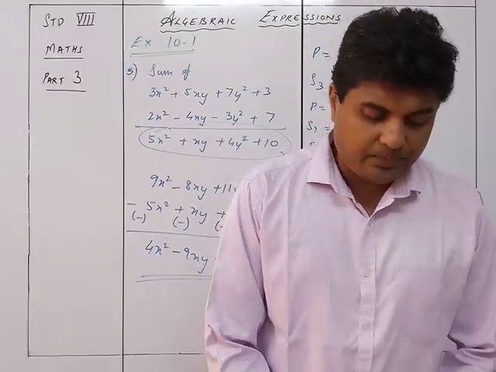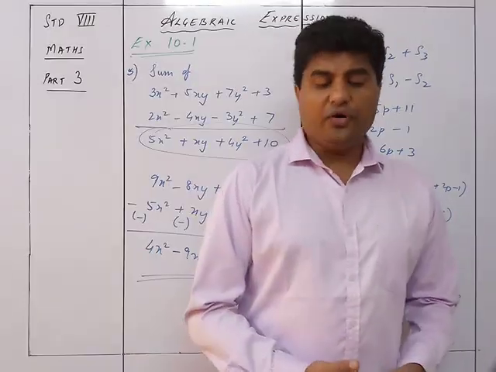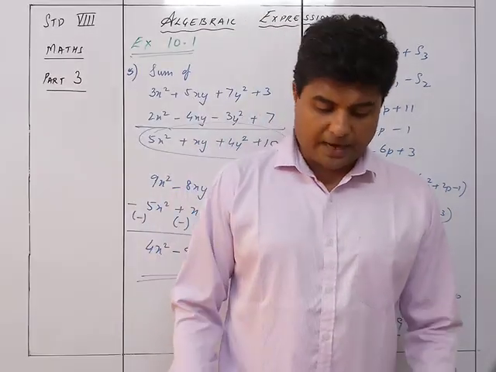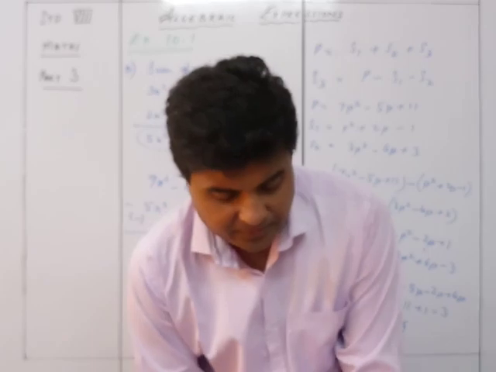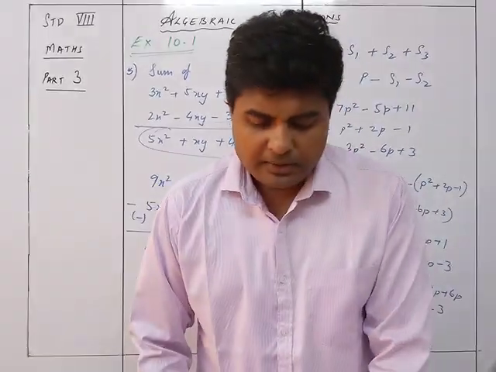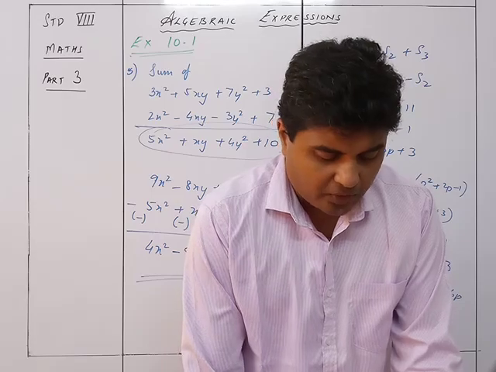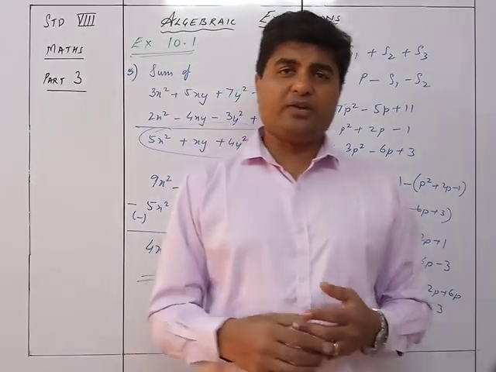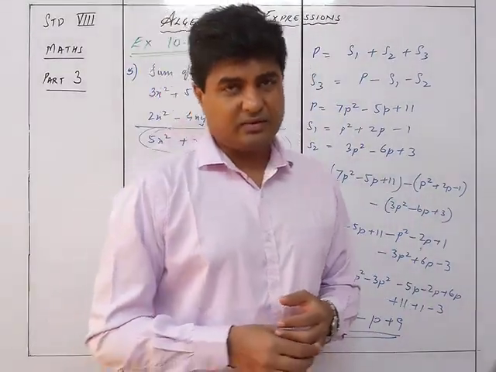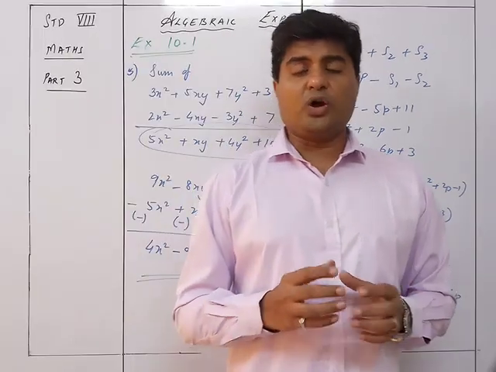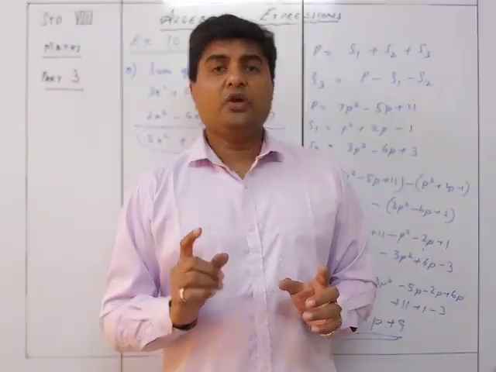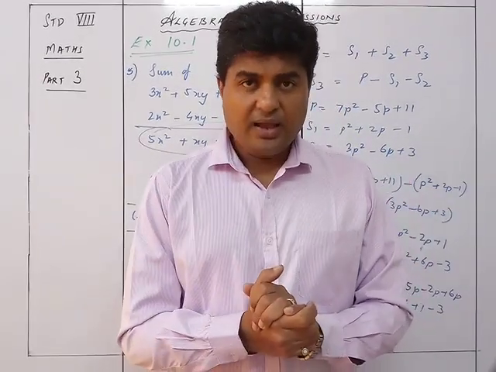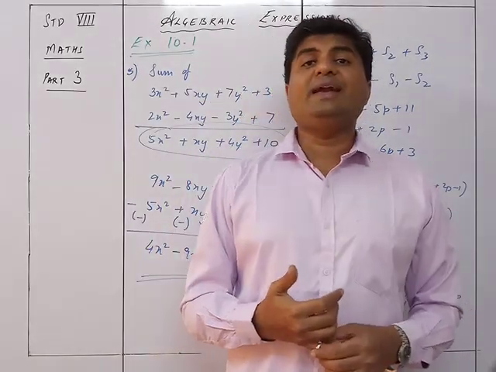Now we see the multiplication of algebraic expressions. Okay, so we see the next part of the chapter, that is multiplication of algebraic expressions. Now if we are talking about only monomials, or a monomial multiplied with a binomial or trinomial, it's a very easy thing, because in multiplication you are multiplying all the numbers and using indices, exponents.